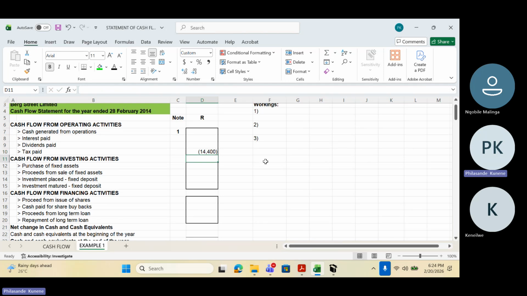On the face of the cash flow statement, it has its own line. So the interest paid, right? So because of that,